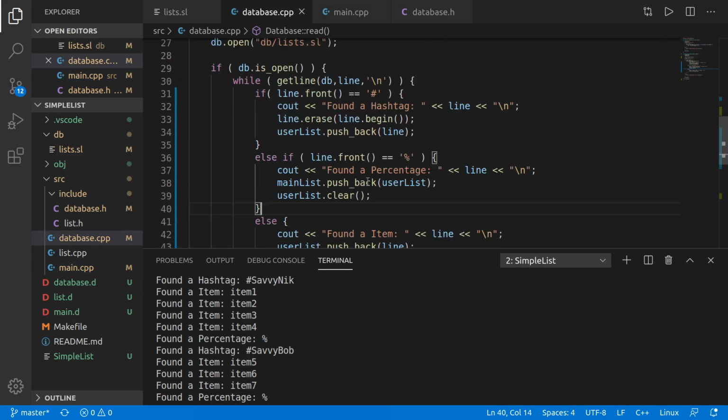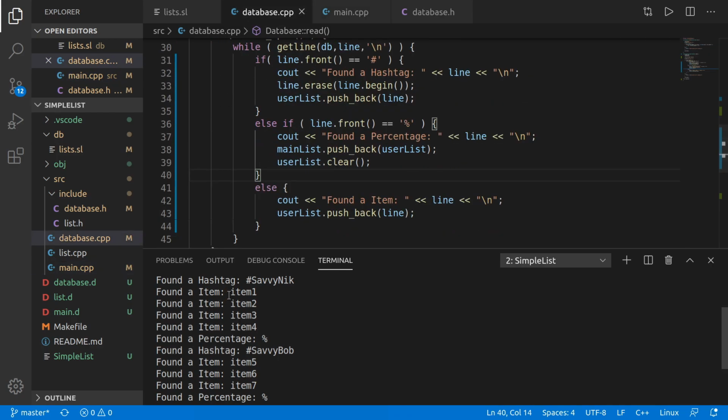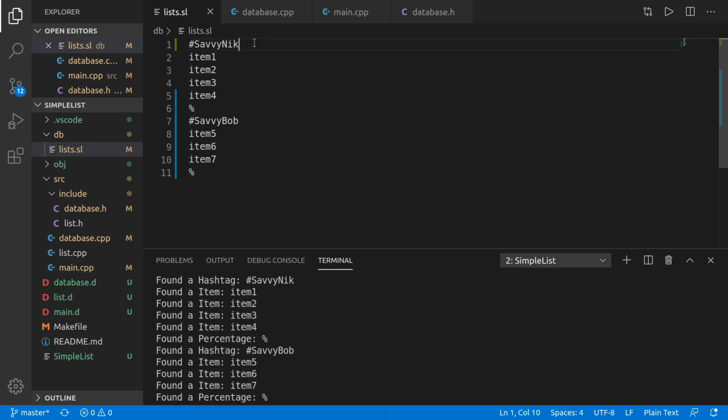So let's look back at here in our database CPP function so we can see what happened. So it did find a hashtag Savvy Nick, which is in our list, right? So it pulled that in, then item 1, item 2, item 3, item 4, and it saw the percentage sign. Then it got the next user, Savvy Bob, item 5, item 6, item 7, and the percentage sign. So it looks like everything populated in